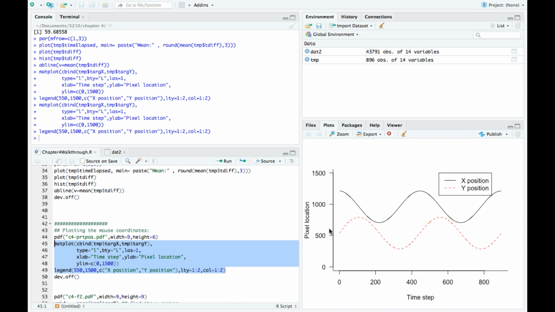I used type L because that made them lines. It got rid of the symbols. It doesn't use any symbols. BTY capital L makes the axis like this, just the left. It makes it like a big L. There's other box types. That's called box type. LAS equals 1 makes these things horizontal so that they don't overlap. I specify the x and y coordinate and the y lim. I think the original y lim probably chopped it off here, and I wanted enough room